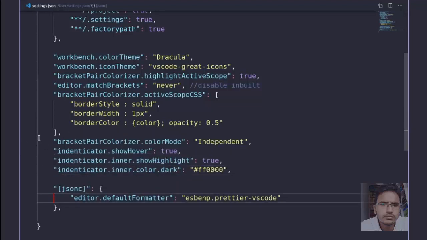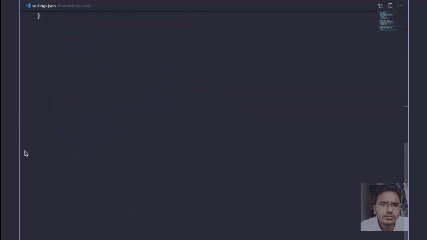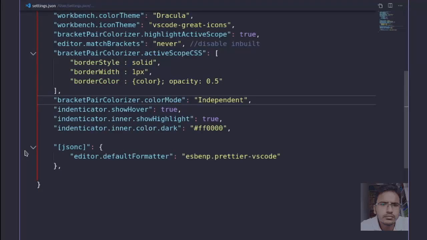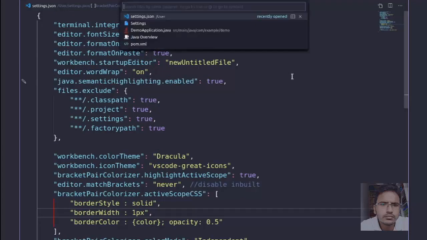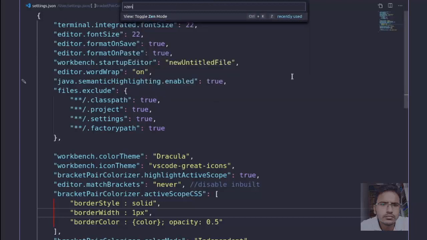Now whenever we select any code block, it will highlight with the red color. You can easily see that whenever we are in any code block, it shows the red color for that block of code.